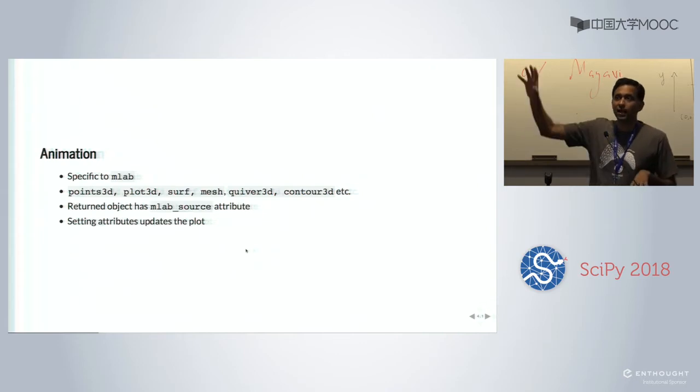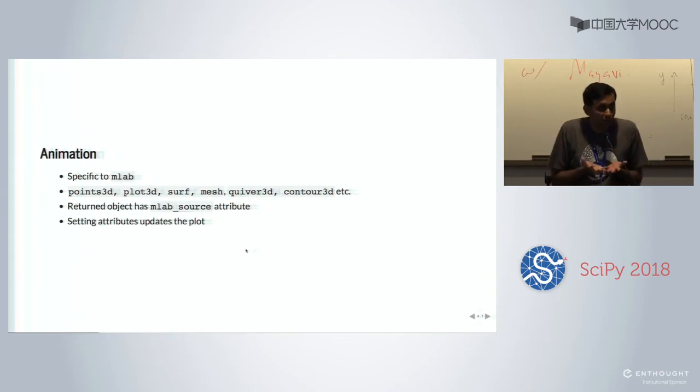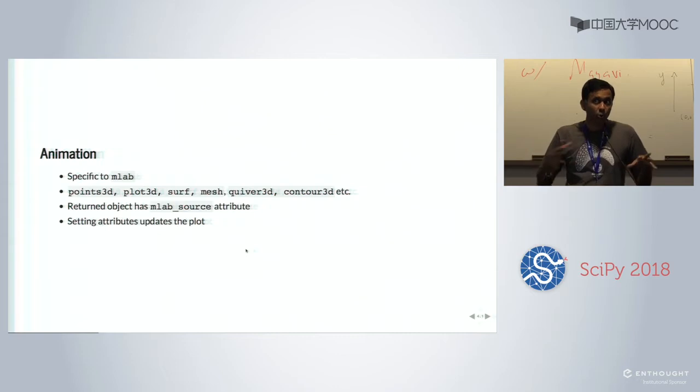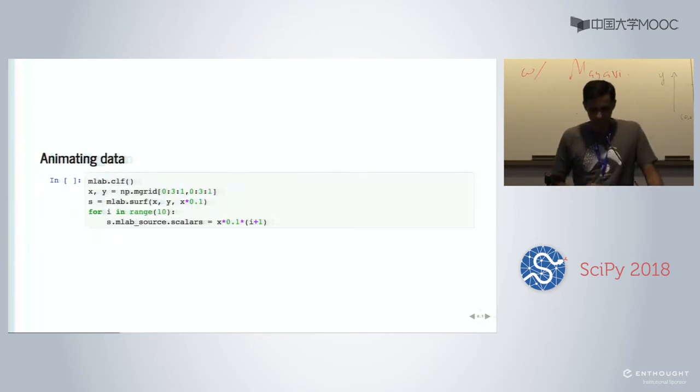And this is not just the attributes that you saw on the UI. This is the underlying data. So there are two things happening, right? When we set up those NumPy arrays, we gave the visualization system some data, and that data was then shown to you. Once the data was loaded up, you could change the contours, you could do a bunch of stuff, but you couldn't change the data itself, right? So what we are looking to do is say, can I change the underlying data and generate a visualization, right? So to do that, you need to do this mlab_source thing.